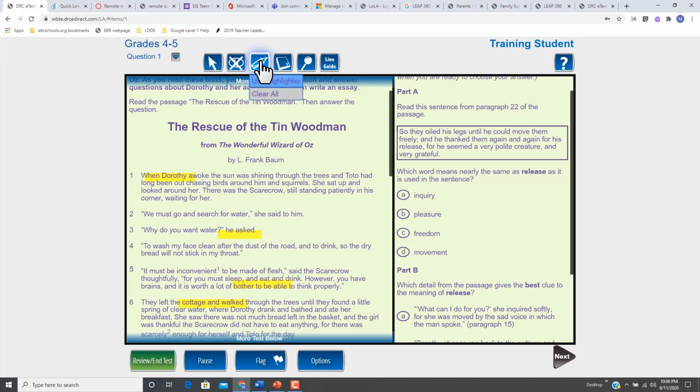So I don't want to clear all. Okay, so it seemed to have gone away. All right, so you use highlighter. Then I'm going to go ahead and go to pointer. If you go to pointer, it takes the highlighter away. And if you want to clear all of it, you would just say clear all and it goes away. If you want to use it again, you just highlight what you want to highlight, and then to